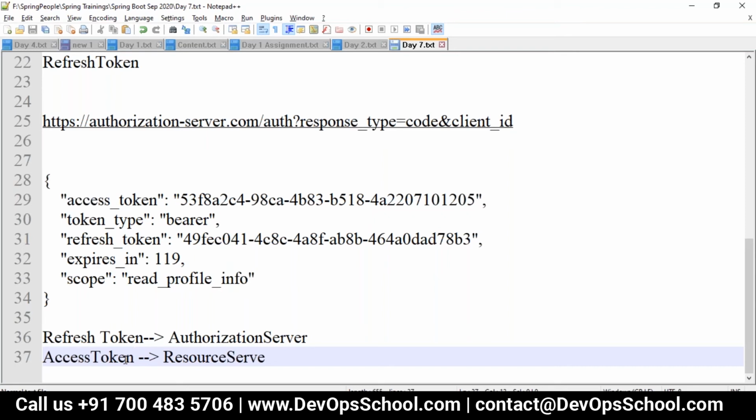But if somebody gets hold of that refresh token, how do we authenticate? They should know your username and password also, no? If they have only the refresh token, they can't do anything because they also need your username and password.